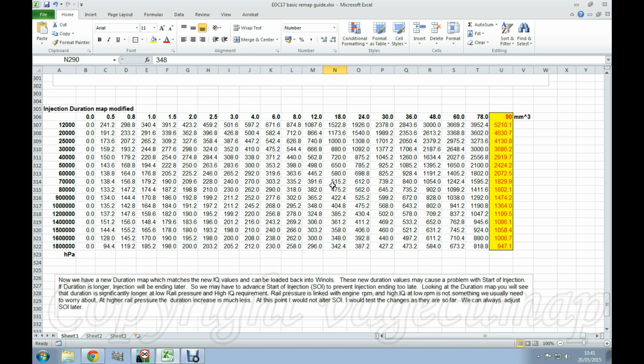So the actual amount of fuel as a duration of injection I've got sorted. So with a little bit of luck, this is all sorted. So I should be okay. So I should be pretty much ready to go, and I should be able to try this map in the car.